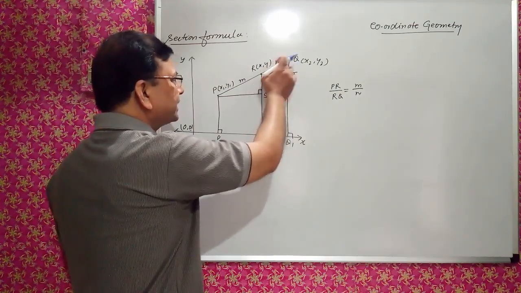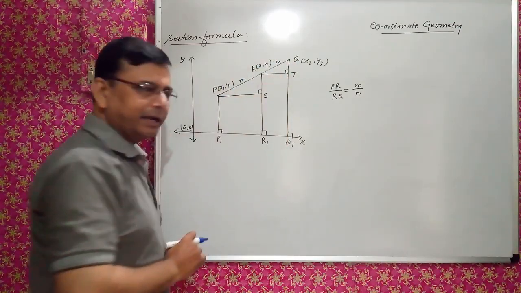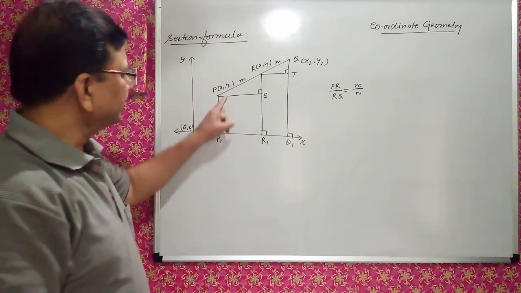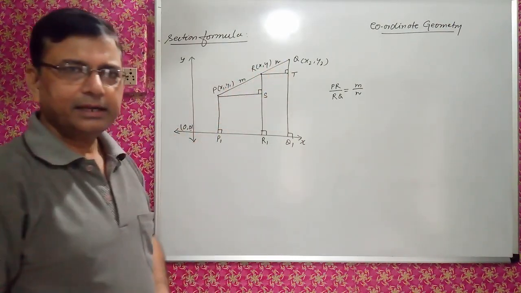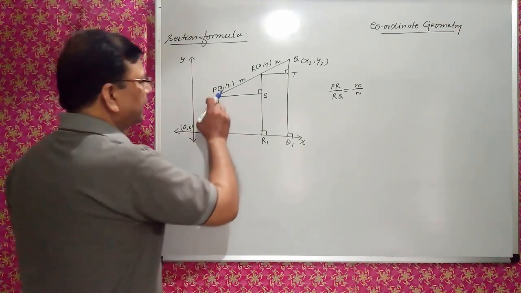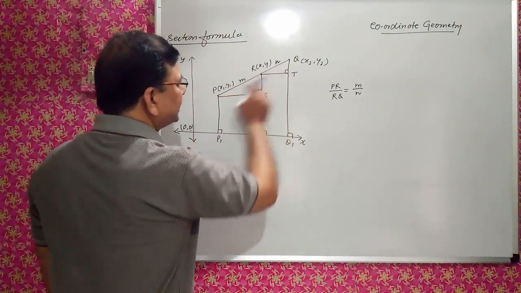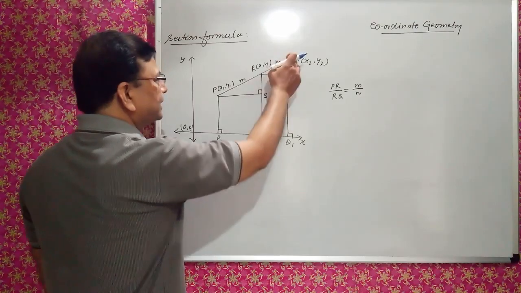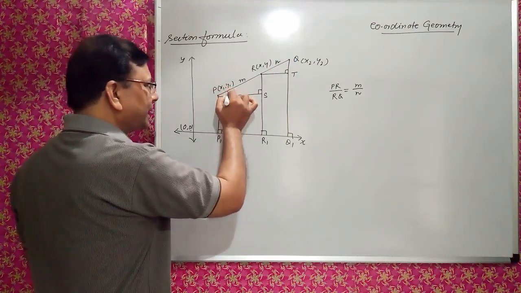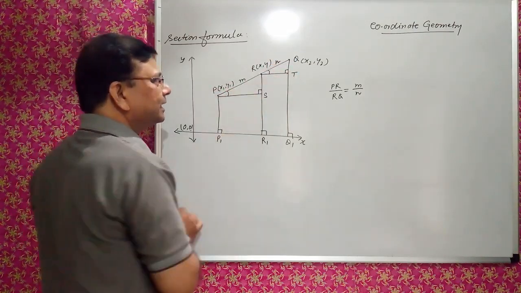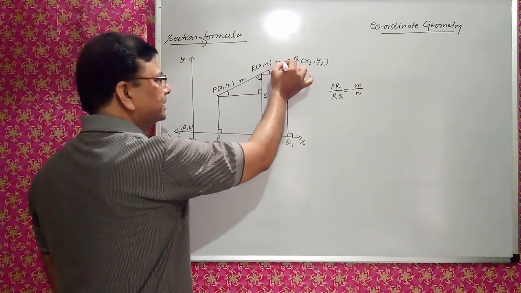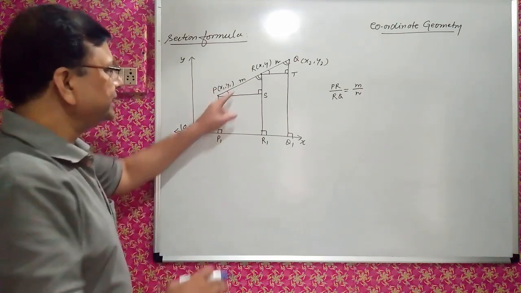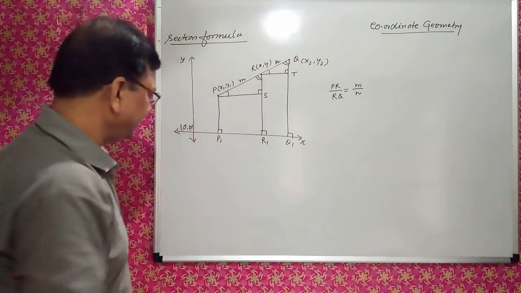So both the triangles are right angle triangles, triangle PRS and QRT. This is parallel to this, isn't it? And this is a transversal, so this angle will be equal to this angle. This is 90, so naturally this angle will be equal to this angle. So considering these two triangles,